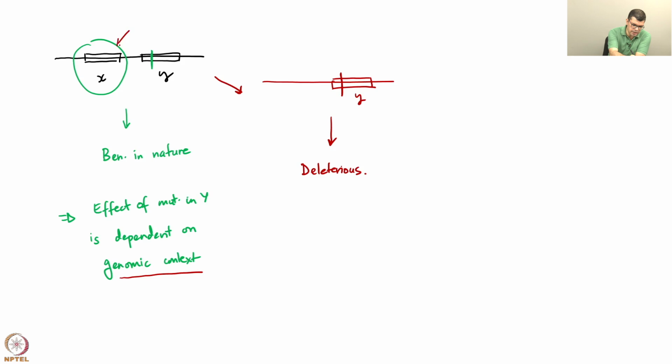When gene X is present, the same mutation is beneficial. When gene X is absent, the same mutation is deleterious. That is the first thing we want to say, that we have to keep in mind in every study that we are looking at. The second thing that we are saying is that suppose I have a